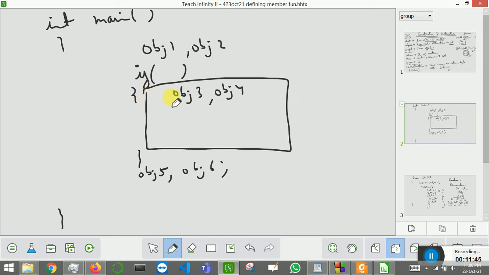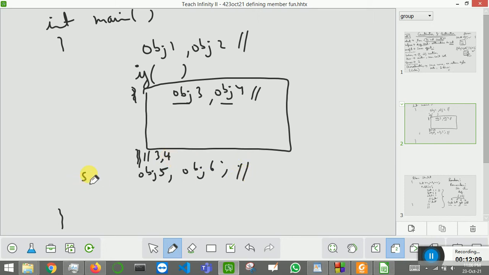So the scope of object 3 and object 4 will be up to here. Object 3 and object 4 will get destroyed here. Okay, and then object 1 will be created here, object 2 here, object 3 here, 4 here, 3 and 4 will be destroyed here, and then objects 5 and 6 will be created here.